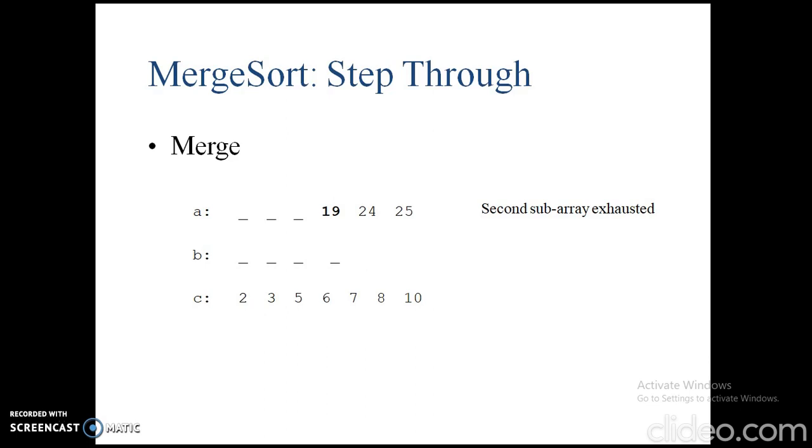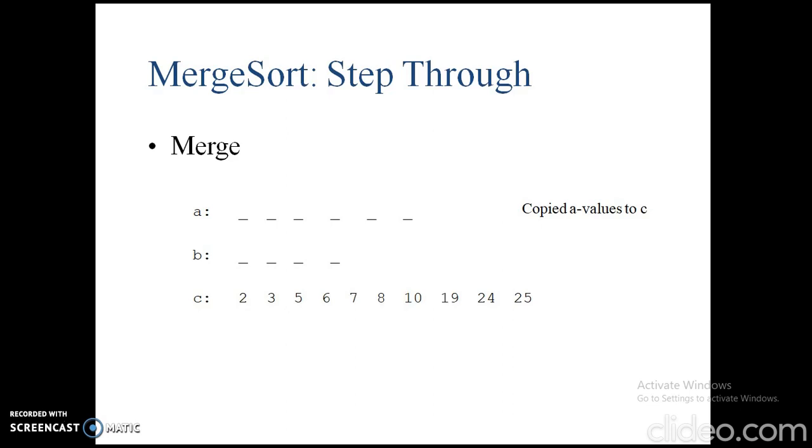So what I can do is, I can straight away copy all the elements of A to C. Why can I simply copy elements of A to C? Because the elements of A are already sorted. So no issues, I can simply copy down to my C array. This is the logic which is followed in merge.